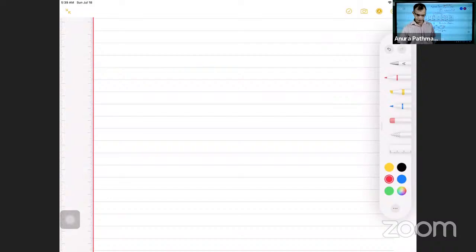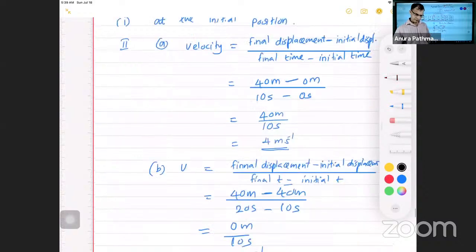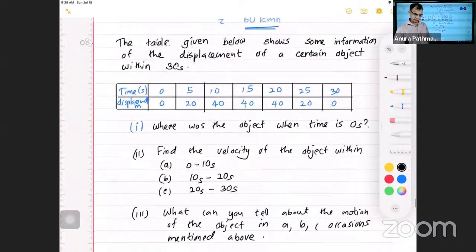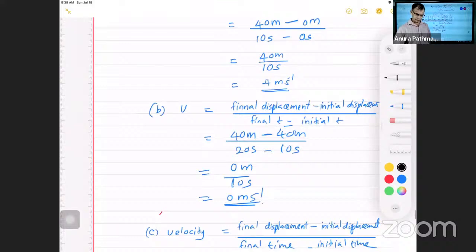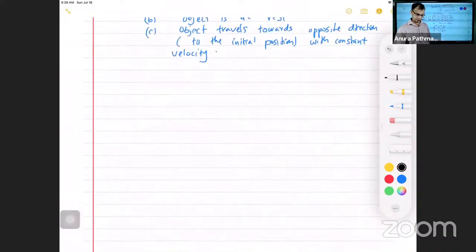All right. Now, the graphical representation of the displacement time graph. Question number 9. A child wanted to